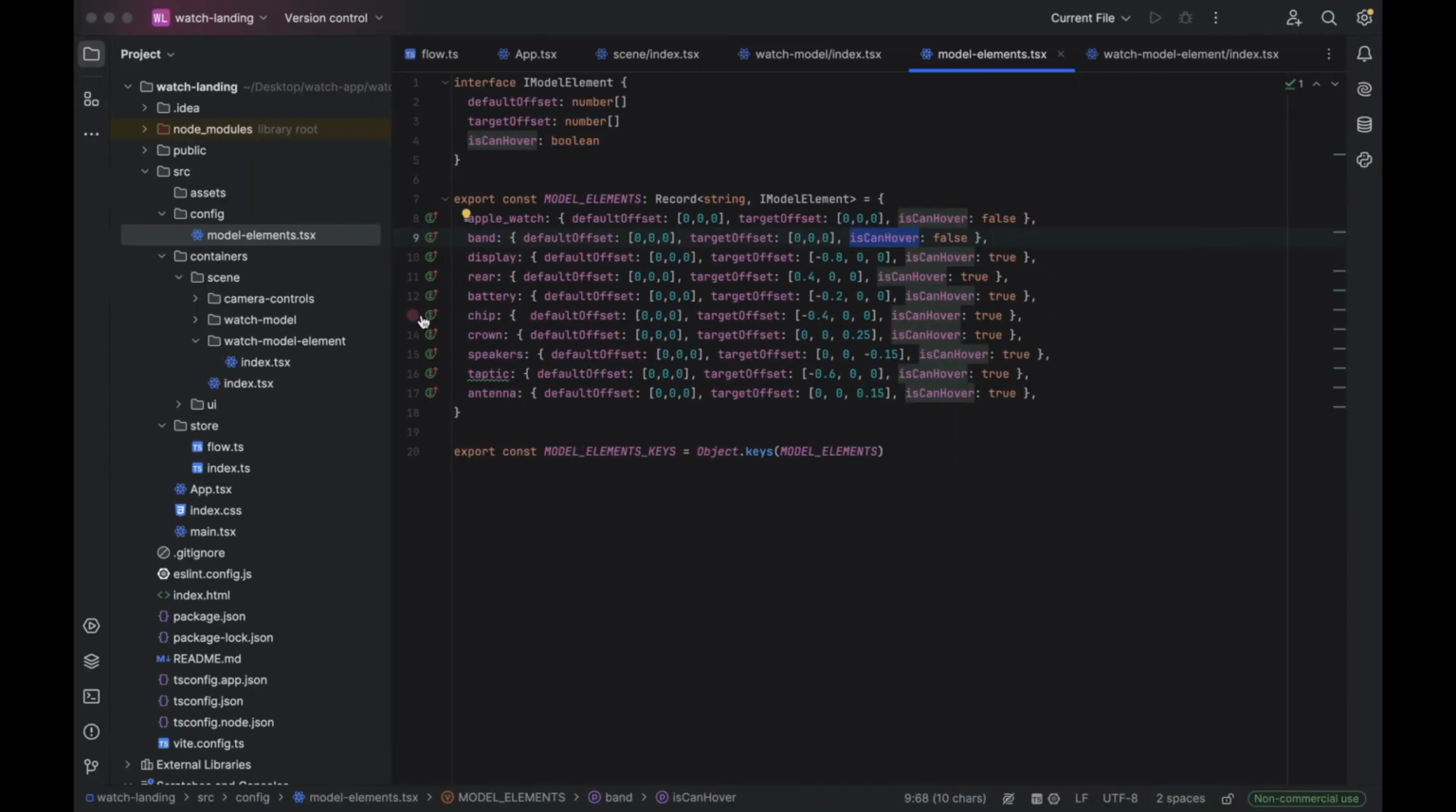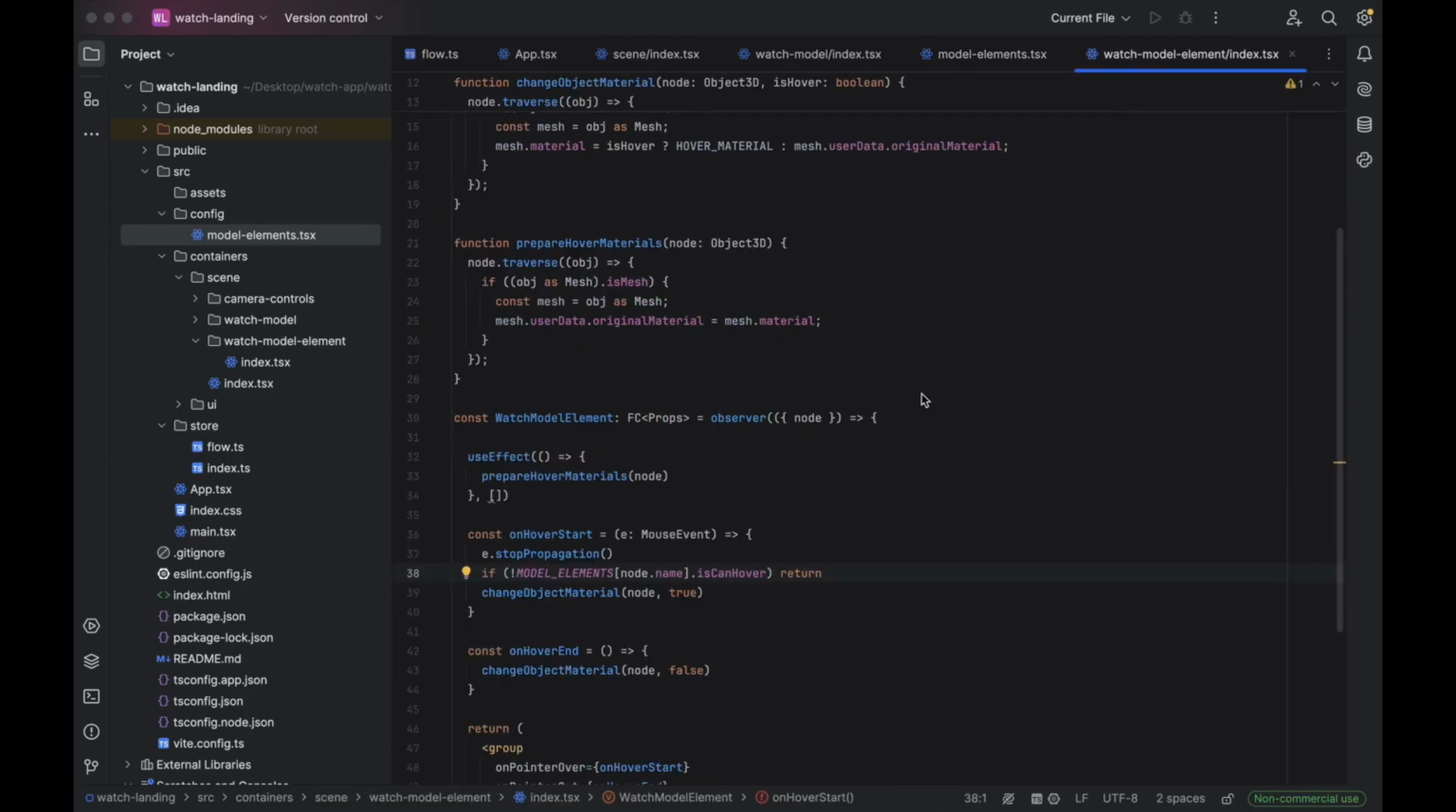For some groups, I don't want to apply a hover effect at all, so the logic needs a small adjustment. I moved the element configuration into a separate file to make it easier to manage. For each element, I added a flag that defines whether hover effects are enabled. Before starting the hover logic, I check this value. If hover is disabled, I simply exit the function. As a result, the material swap logic now runs only for elements where hover interaction is explicitly enabled in the